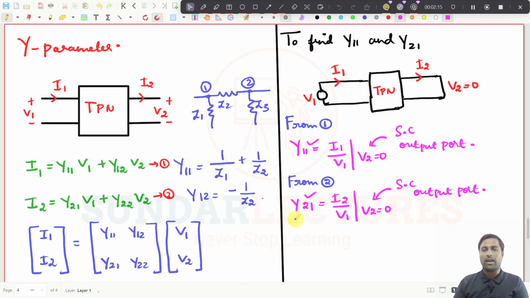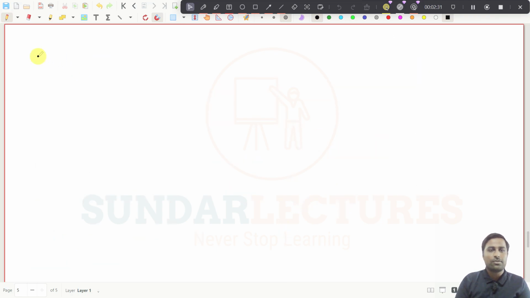And if you want to find the value of Y22 and Y12, I'm not going to draw the diagram, so you try to understand. Anyhow, I will draw it down. To find Y22 and Y12, what do you do? You just take down